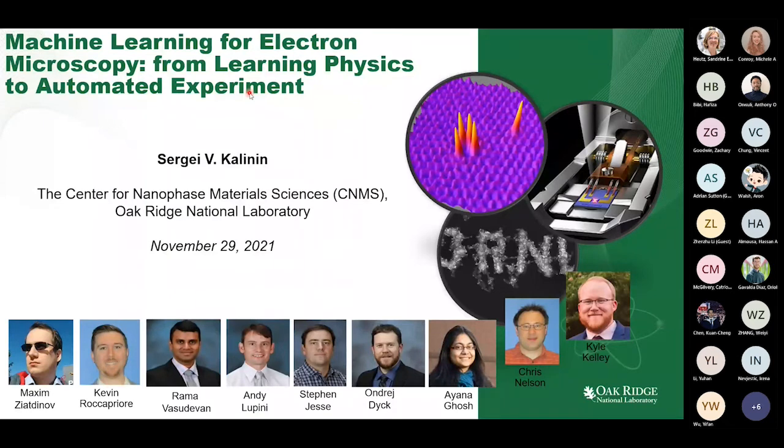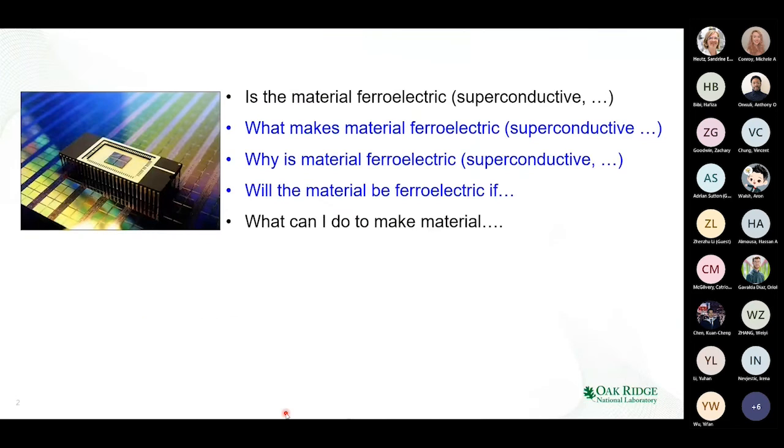This is something that I, with a set of colleagues at Oak Ridge, have actively explored. Some of them are coming from the scanning probe microscopy field, and then went to the dark side of doing machine learning. Some of them you know very well as electron microscopists, but it's a very, very interdisciplinary field. So let me start from the very beginning